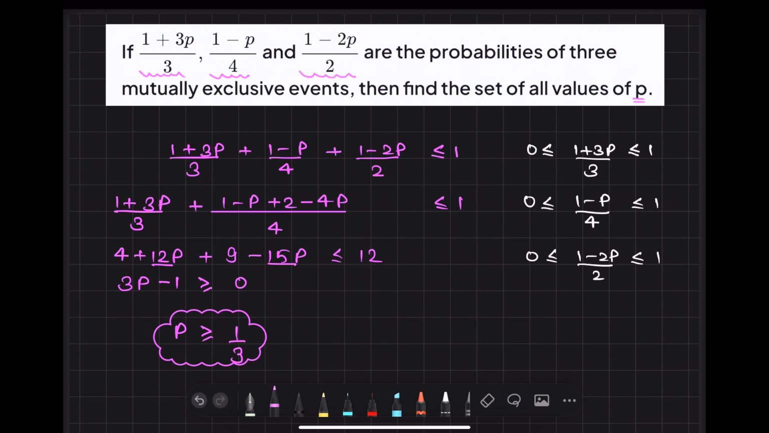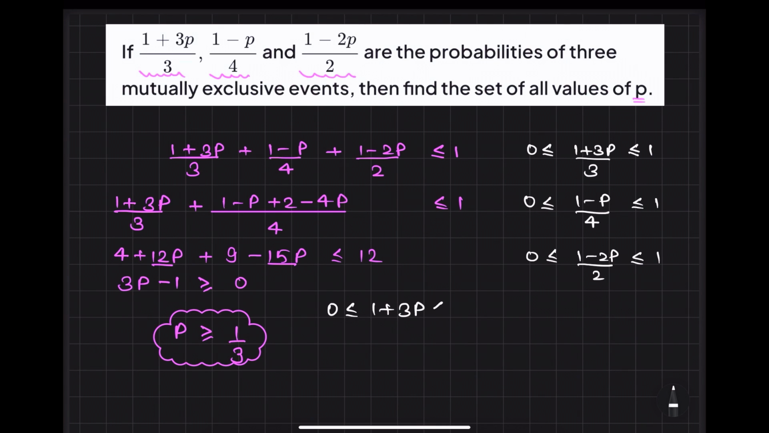Now we will solve these three things. First, I'll multiply all sides by 3. So we will have 0 less than or equal to 1 + 3p less than or equal to 3, and then minus 1, so minus 1 to 3p to 2, and then minus 1/3 less than or equal to p less than or equal to 2/3. Okay,